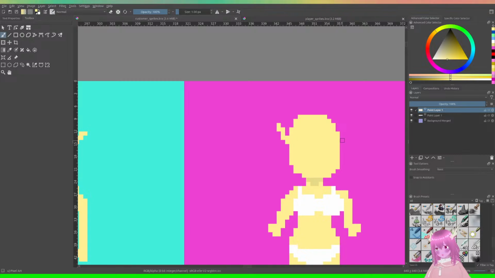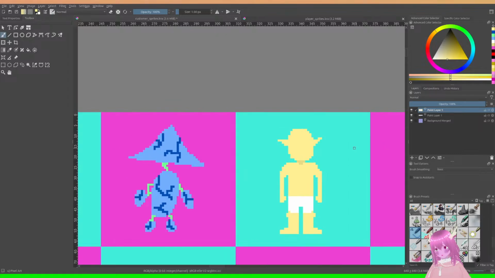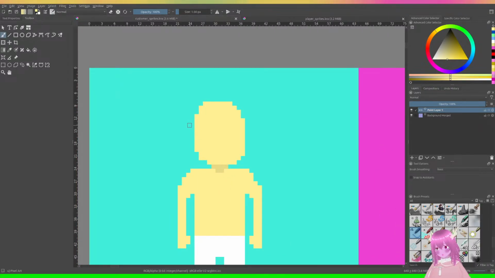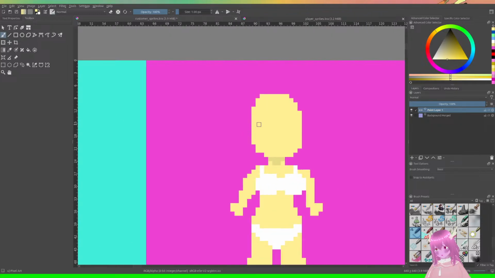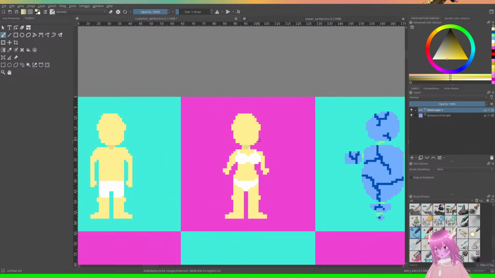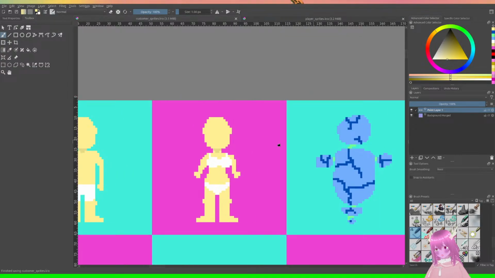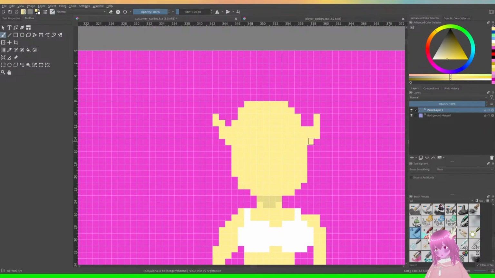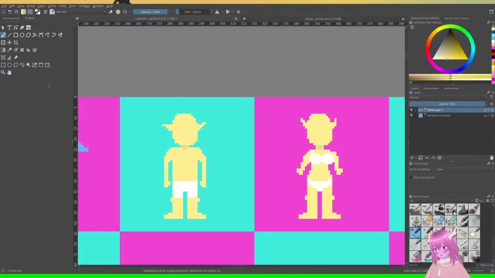Which is making me also realize that I should have these have just regular human ears like this. Those are in the same positions, right? Yeah. You know what? This looks more orc-like. I'm making them orcs.